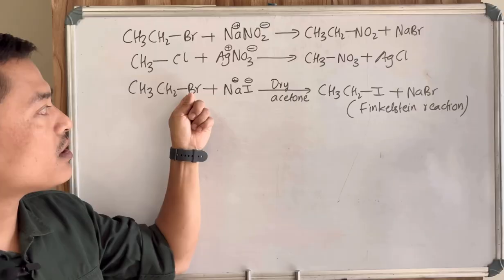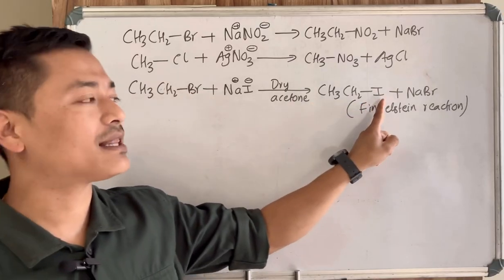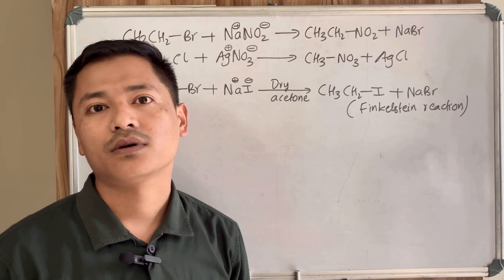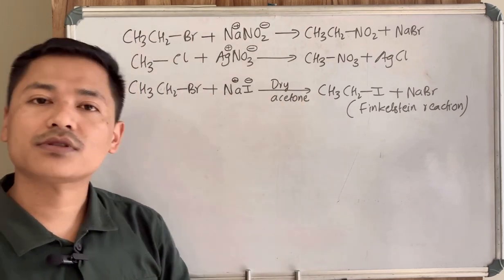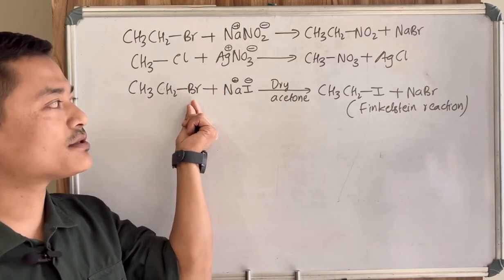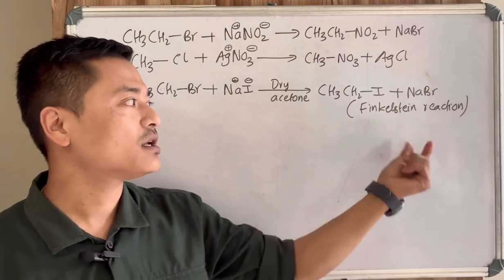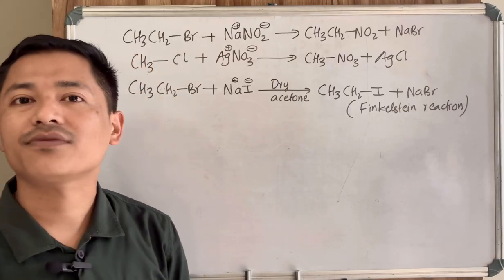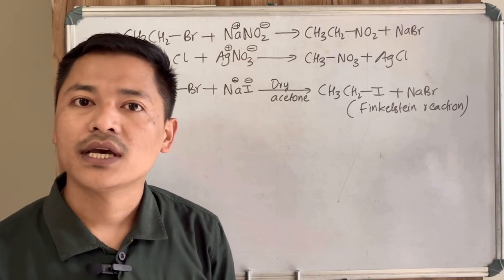That means a smaller halogen is usually replaced by a larger halogen in this reaction. That is the Finkelstein reaction. So basically the exchange of halogen is occurring. Instead of Br, there is I, but a smaller halogen is usually replaced by the larger halogen in the case of the Finkelstein reaction. But this is also a nucleophilic substitution reaction itself, okay? Similarly,